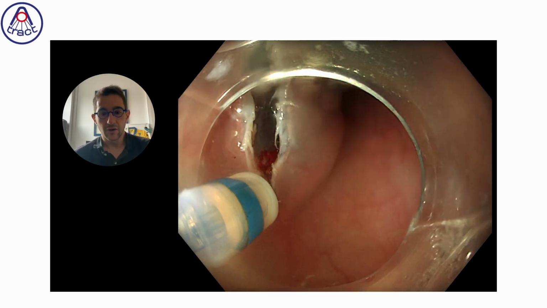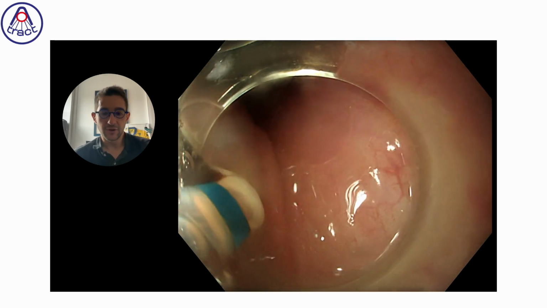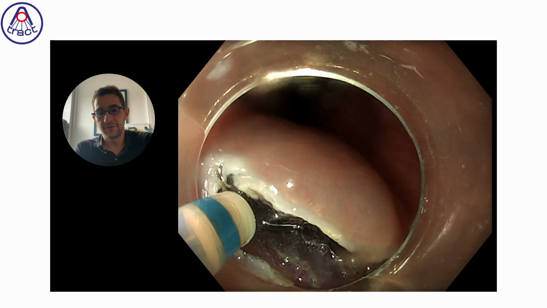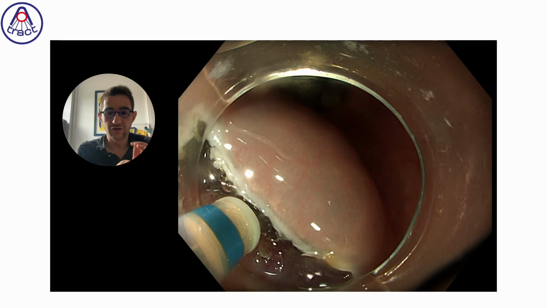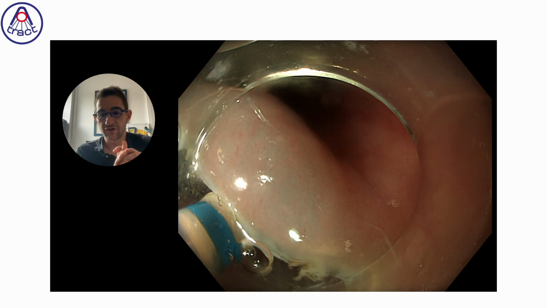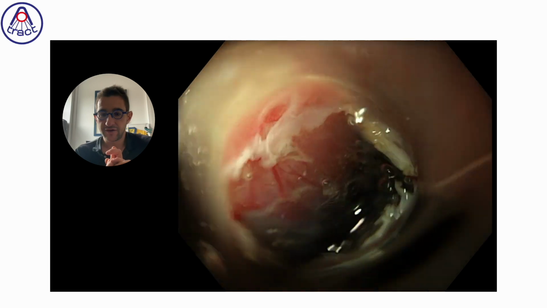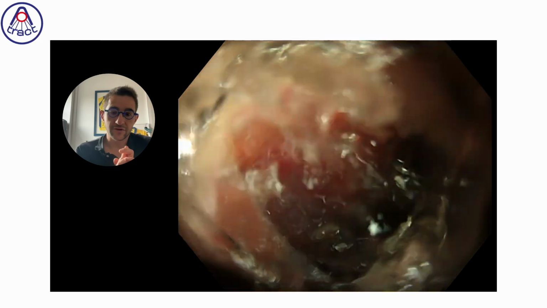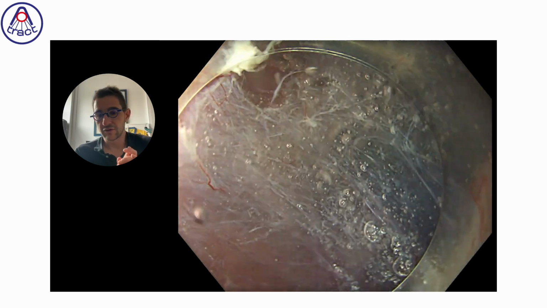So our goal is to do the shape of a small smile, not very deep, but at least the very beginning of a smile, in order to have a shape that is easy both to enter for the tunnel and later to be cut if a conventional ESD is chosen. Once doing this shape, it is usually relatively easy to enter, but it is still easier to use underwater insertion because it makes the flap